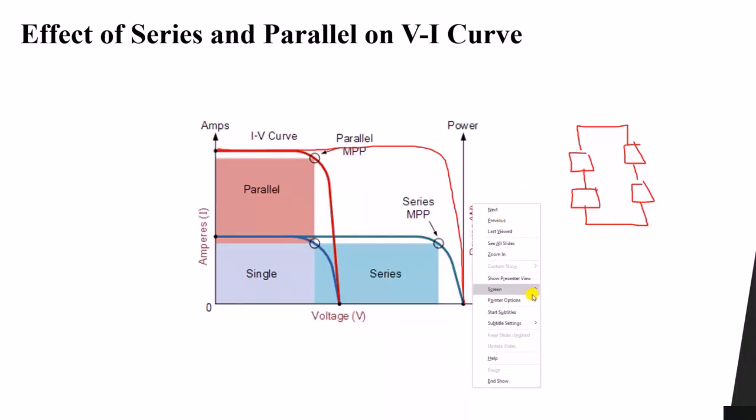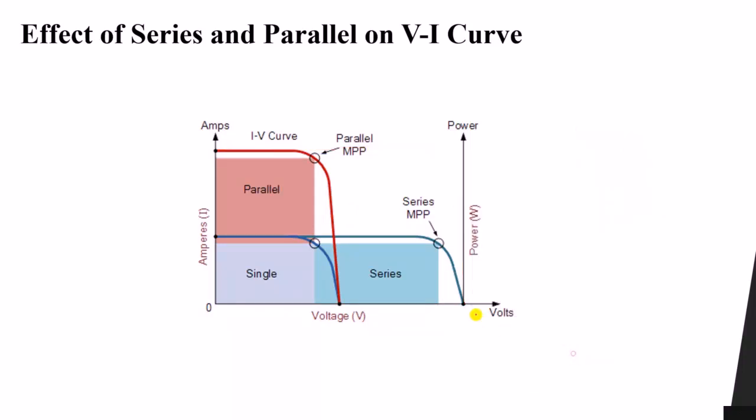Now of course in each case we have a maximum power point. This is the point at which we will have maximum output power at a certain voltage and certain current. This curve has a maximum power point at which we will have maximum power. This is obtained by drawing the characteristics of the combined solar panels. So I hope the idea of series and parallel connection in PV panels is clear for you now.